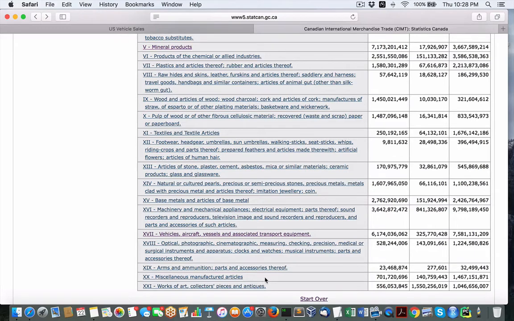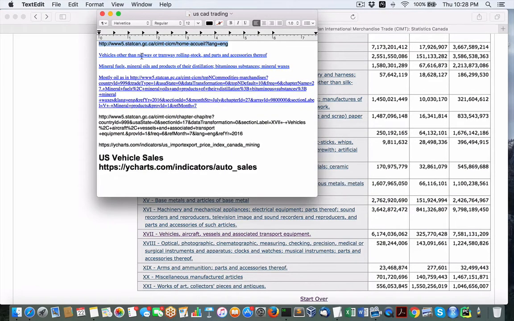So, to come back to my list, how do you find these products to break it down on quantity, on how much is being exported? Well, I was fortunate enough to get the actual quantity that's being shipped out here at this link here in the StatsCan. But there's another way to do it by quantity for, let's say, mining. So here at Y Charts, which is a new provider,